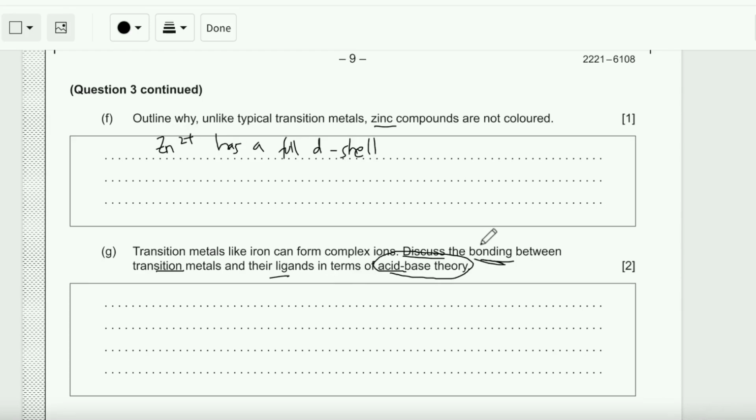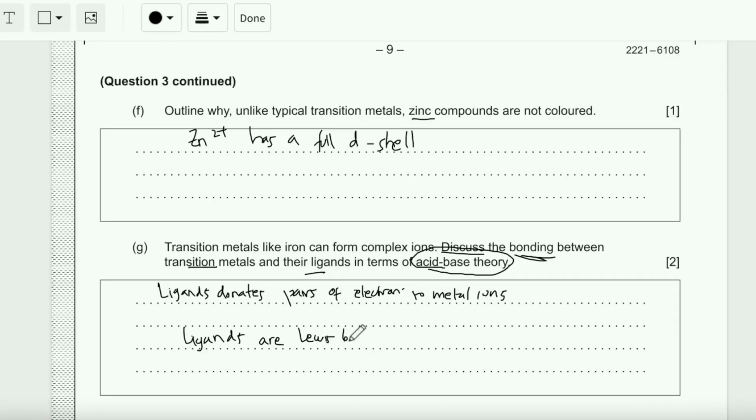When you talk about acid-base theory and ligands, as you know, ligands give pairs of electrons to the transition metals. So giving pairs of electrons is Lewis acid and base. Ligands donate pairs of electrons to metal ions. That's the bond between transition metals and their ligands. And for acid-base theory, the ligands are Lewis bases and metals